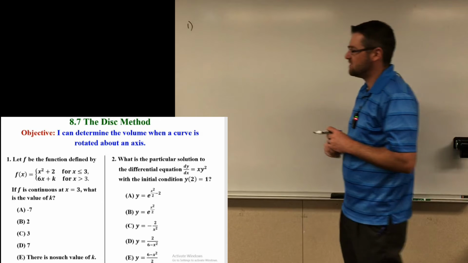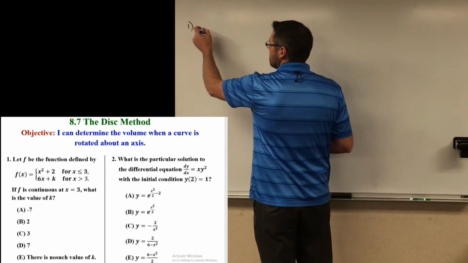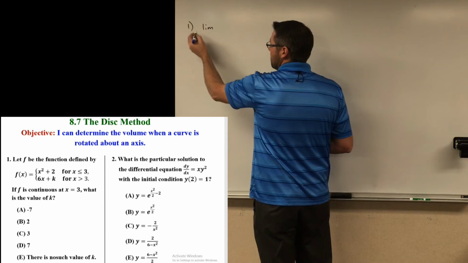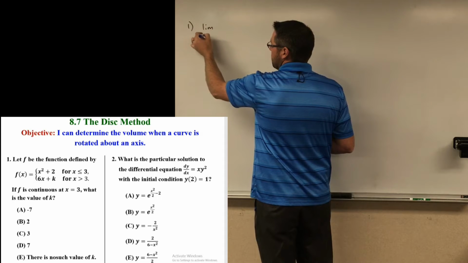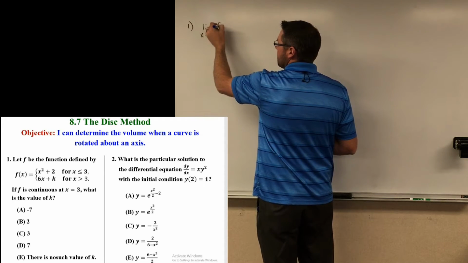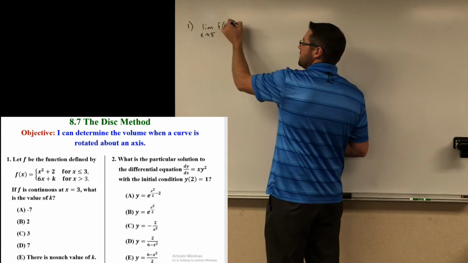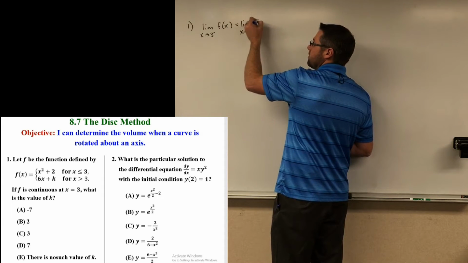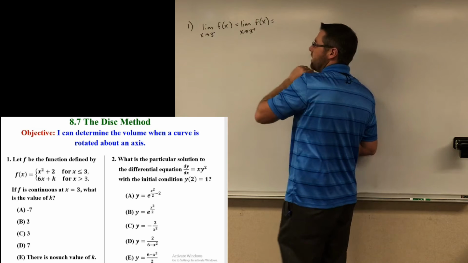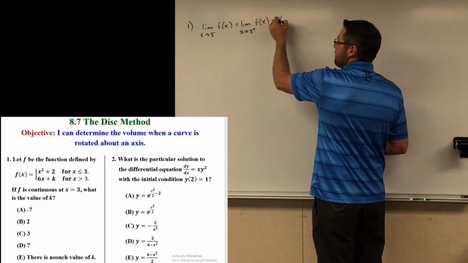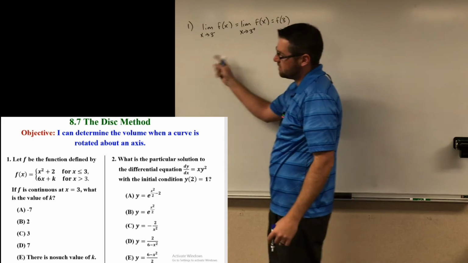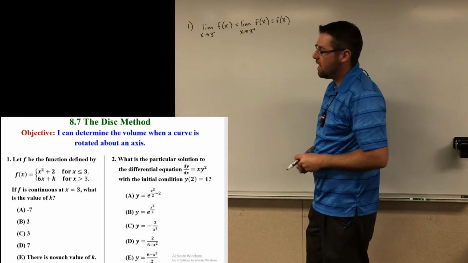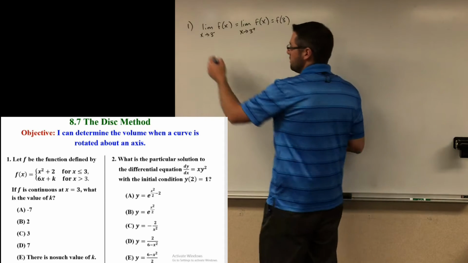What does continuous mean? The limit as x approaches 3 from the left is equal to the limit as x approaches 3 from the right, which is equal to f of 3. So that's a true statement because it says f is continuous. How do I know what the value of k is? Well,